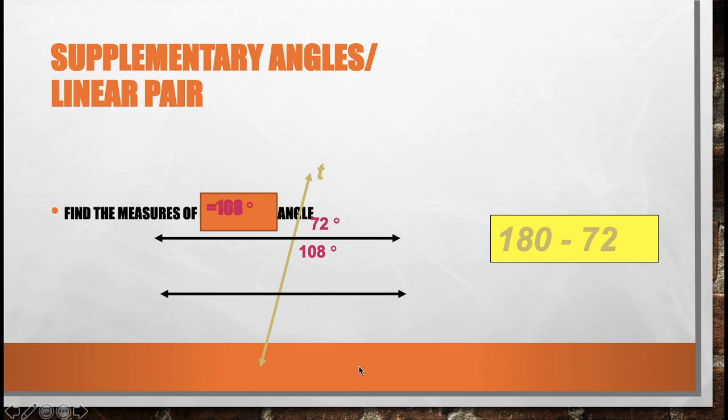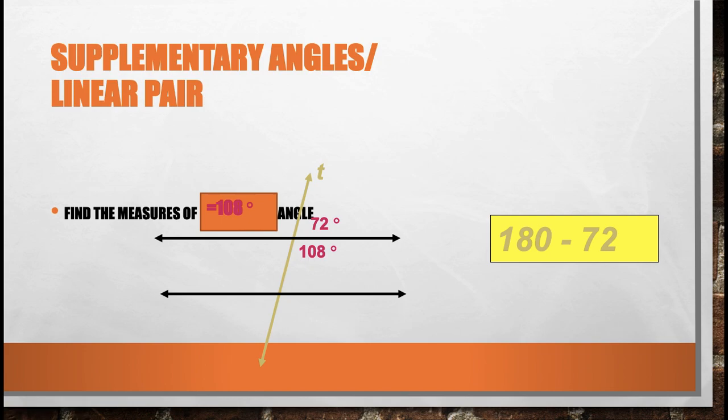Now speak about this angle. This is also 108 degree because one of the properties is that they are vertically opposite angles, and the reason is they are the angles on a straight line. These are lying on a straight line, so this total sum is equal to 180 degree.